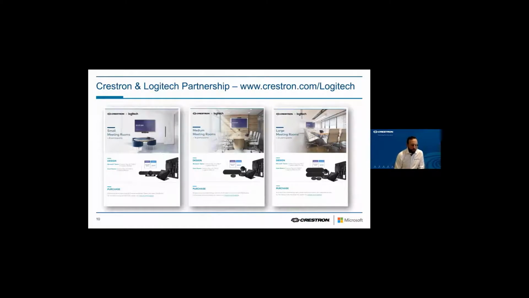Crestron and Logitech have partnered up to allow the C-Series solution to be partnered up with Logitech peripherals. This is a really exciting move because it does expand on the offering and allow us to hit a few little extra sort of market niches where we previously wouldn't have been. And we know that Logitech have a fantastic range of peripherals that can plug into our solution, and we're allowing that to happen. But also what we're doing is some very, very clever things, which we'll look at later,